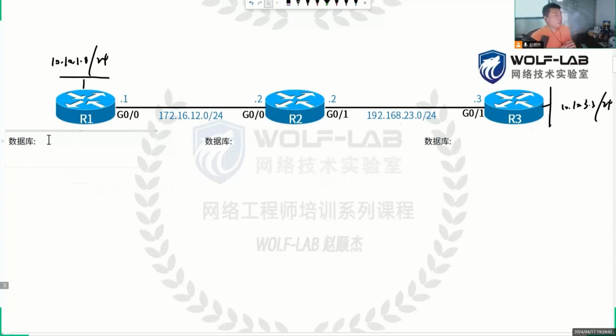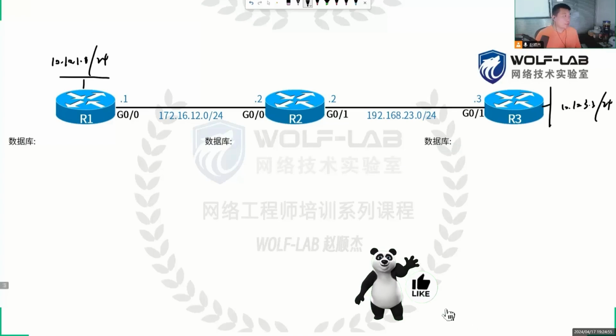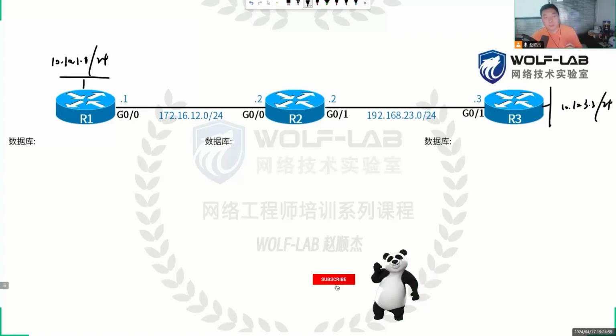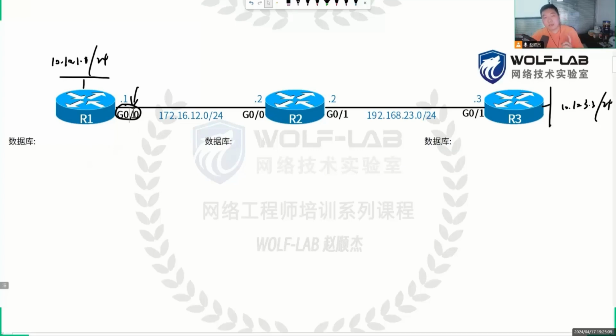Students, please note, before we study the path vector routing protocol, BGP, our understanding of dynamic routing protocols needs attention. We activate interfaces to allow our interfaces to run dynamic routing protocols. Suppose for a distance vector routing protocol, our interface 0 runs a dynamic routing protocol, IGRP. Then we will add the interface's directly connected routes to the database. For example, R1's interface 0 address is 172.16.12.1, and we will add the interface's directly connected route